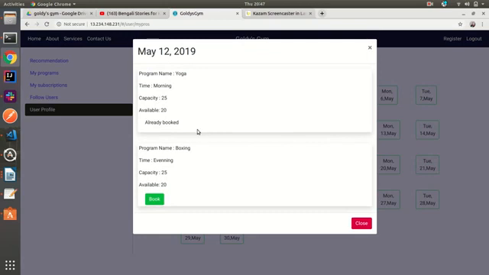See, it's already booked. It's showing like that, and the capacity is 25 and the availability was 21 before, and now it has become 20. It means that one seat has got reduced after booking this slot.